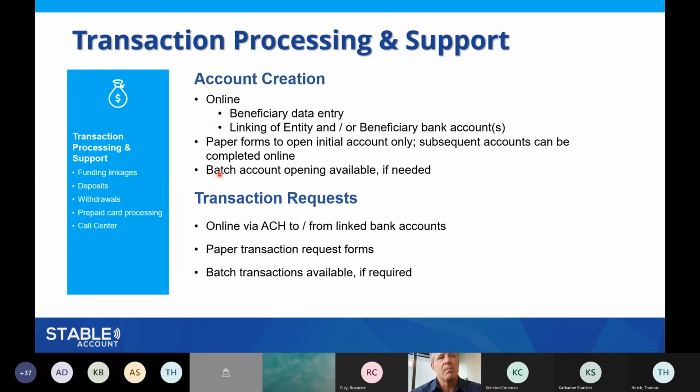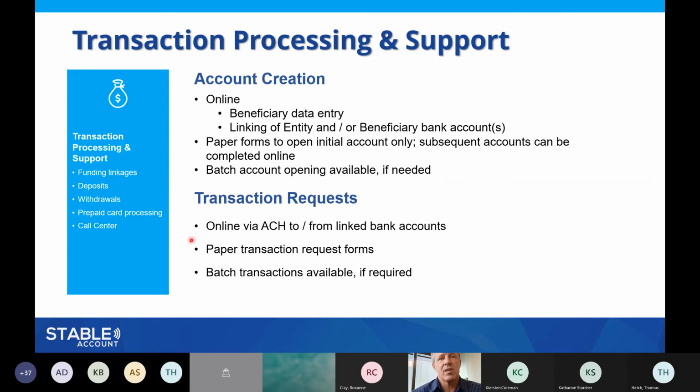Also, if you want to open batch accounts, that is available. I would say definitely contact Someday about that. They probably have an Excel or other type of form that they would want you to fill out. But if you have batch account openings you want to consider, or batch transaction processing, some of those kinds of things can be accommodated if necessary. Those tend to be a little bit more rare. I haven't dealt with many of those since we've been on board using Someday, but that capability is available.